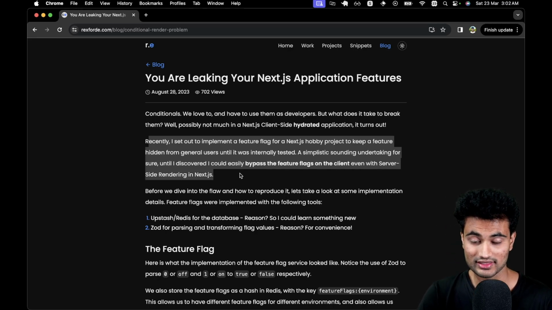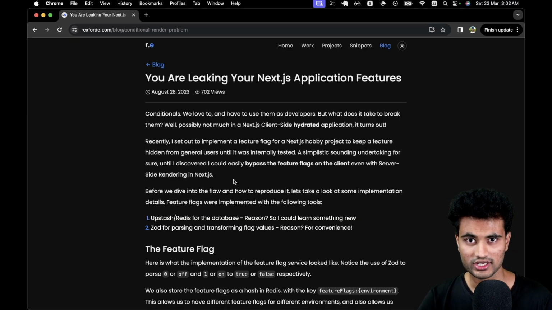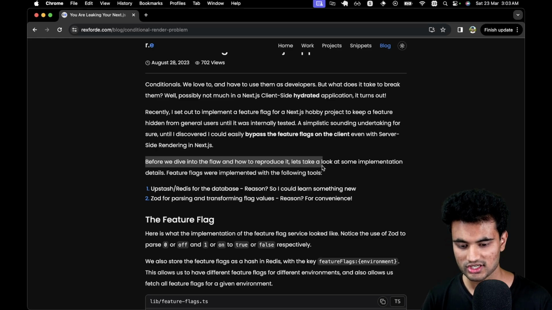And I mean, that sounds so weird, right? You don't hear about this a lot, and there are times you might even pass sensitive data to the client side through getServerSideProps, thinking that this is secure and nobody can change it. I think this article should be a very great lesson. I know not a lot of people would be passing secret stuff through to the client anyways, but I think this is a very good article to read regardless. So yeah, before we dive into the flaw and how to reproduce it, let's take a look at some implementation